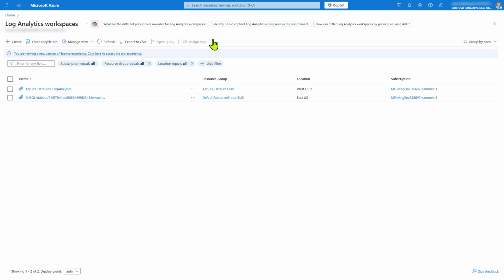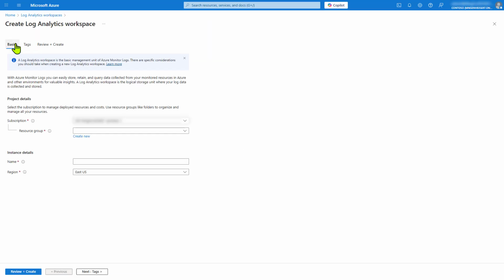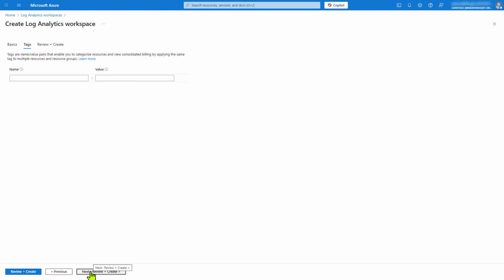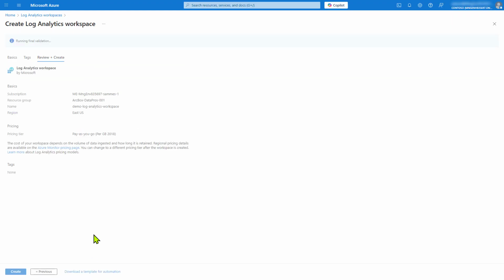When the page opens, we need to click at the Create button. And now we need to populate the fields to define our Log Analytics workspace. And we go to the next tab, which is tags. If there are any tags that you want to populate, you just create them here. And we go to the next tab, which is Review and Create. In the Review and Create, it validates that we can create the Log Analytics, and the last step would be